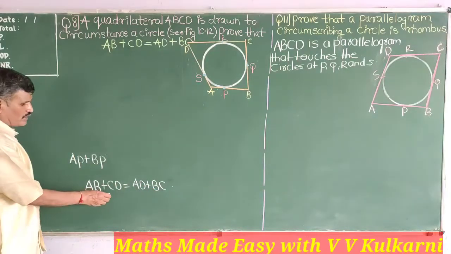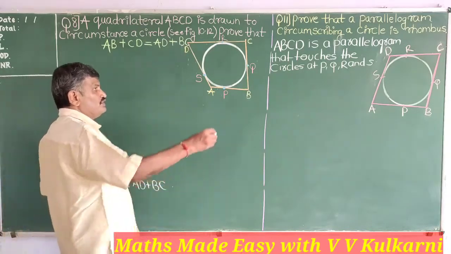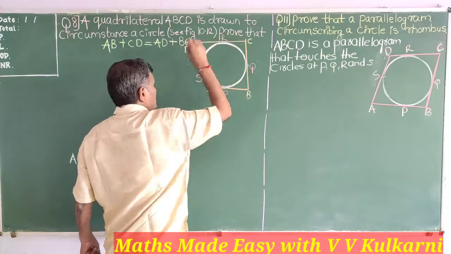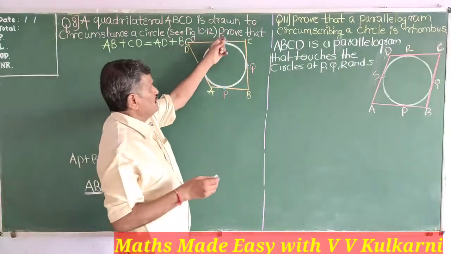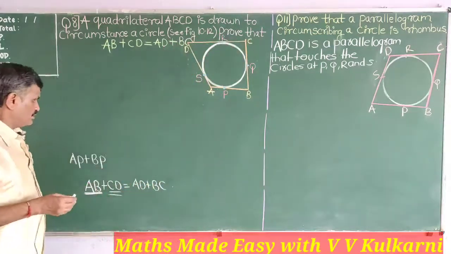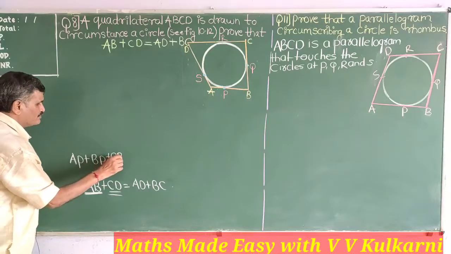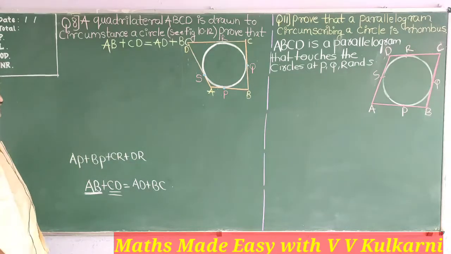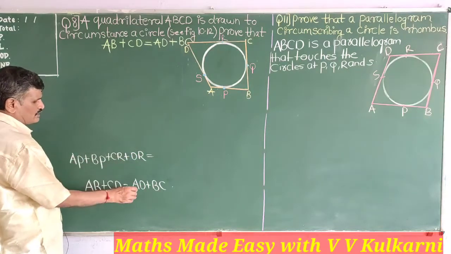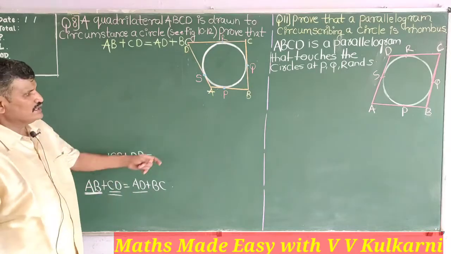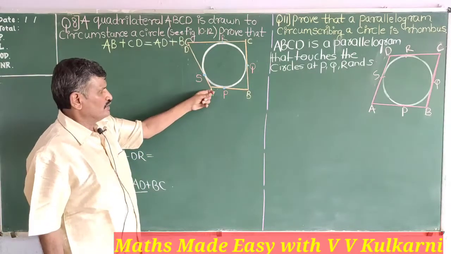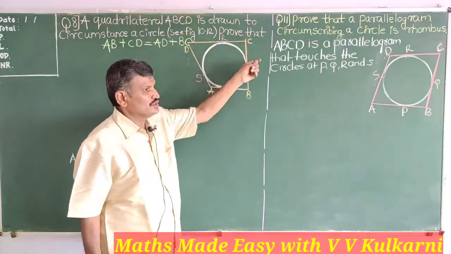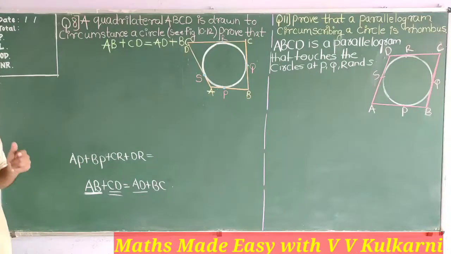Similarly, I want CD on the left side. If I want CD, then CR plus DR is required. And on the right hand side, what is required? AD is there. If it is AD, then on the left hand side what is required is AS and DS. Similarly, BQ and CQ. Now how to manage the things, that is very important.